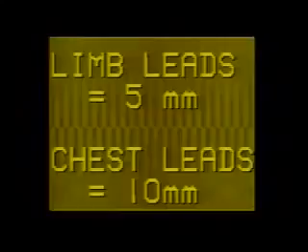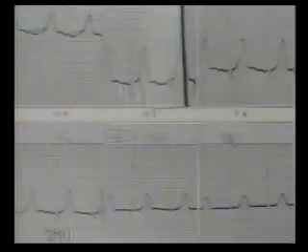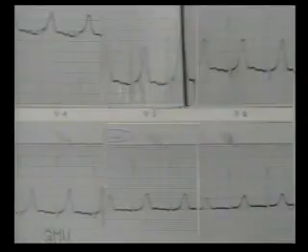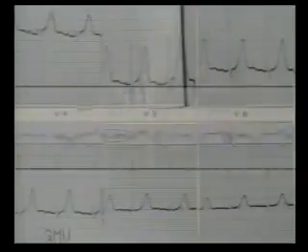Tall T waves. The normal variations in the T wave amplitude are often confusing, and generally T waves should be considered pathological if they are more than 10 mm tall in the chest leads and more than 5 mm tall in the limb leads. In the evaluation of tall T waves, the associated ST segment changes are very important. The tall T waves are most noticeable in the chest leads. When tall T waves are seen in chest leads, first look at inferior wall leads, that is 2, 3 and AVF for inferior wall infarct.